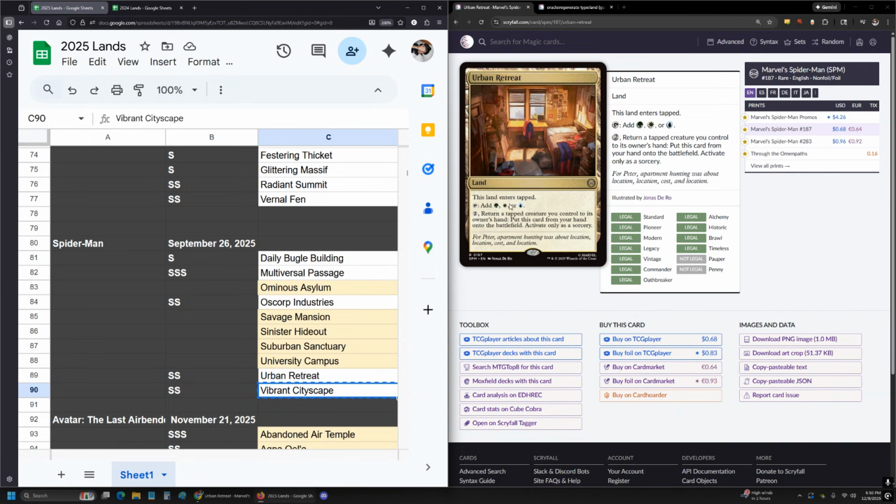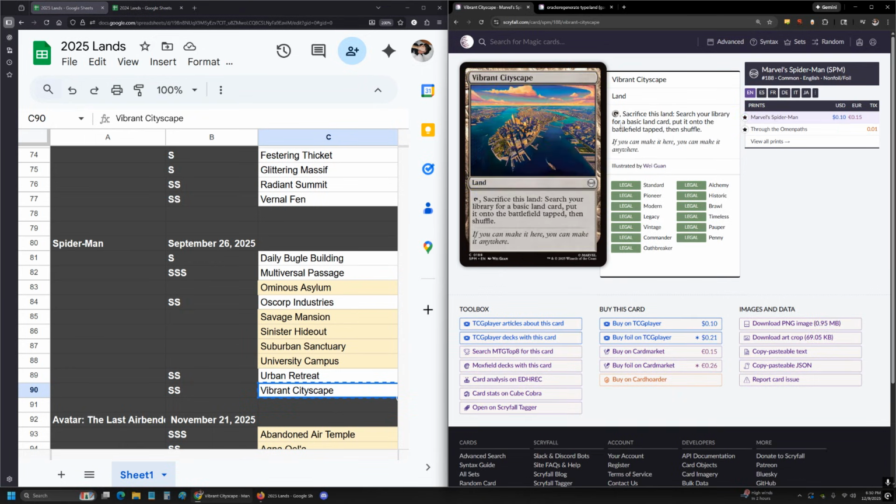I gave it a two S rating. Vibrant Cityscape, I gave this one two S's as well. Oh, that's right. This is the one that's just a picture of Manhattan. Can be off-putting for a lot of people out there, I know. If you're not a fan of Universes Beyond, the art is not exactly very magical looking. But it's just another version of Terramorphic Expanse or...